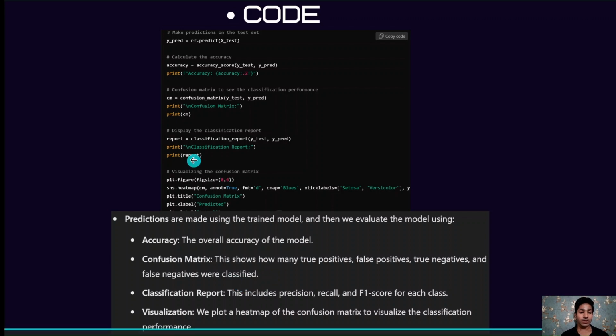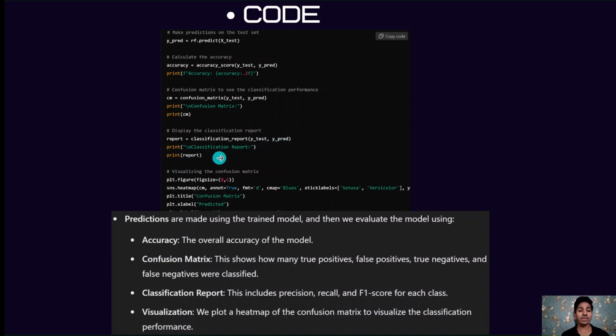And then we have the classification report: report is equal to classification_report(y_test, y_pred). Then we print the report, which includes precision, recall and F1 score for each class. And then we visualize it in the form of a heat map of the confusion matrix